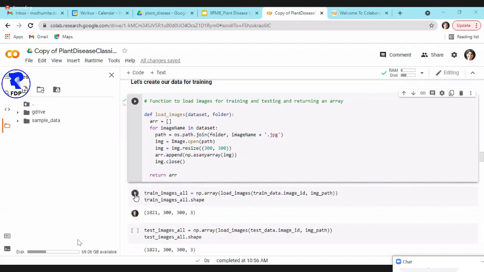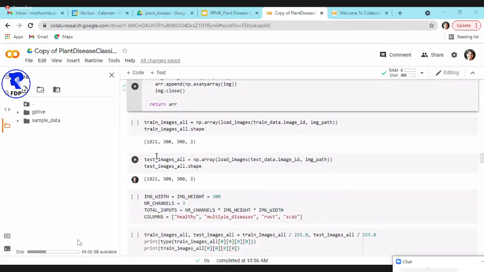Now here, it goes through the train data, the CSV file that you have. It takes the image ID, matches that image ID to the image path, and creates an array. This will actually take a lot of time to run because you will be loading 1,821 images and converting them into arrays.